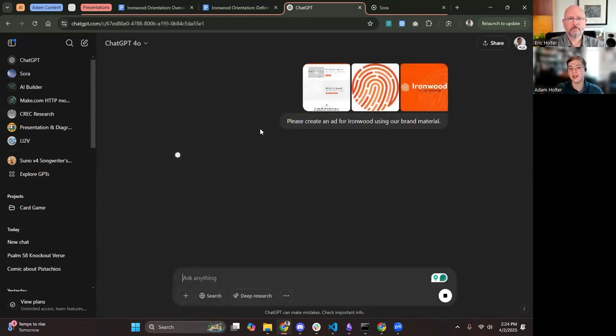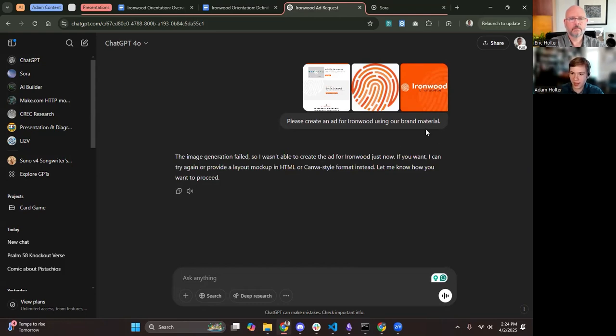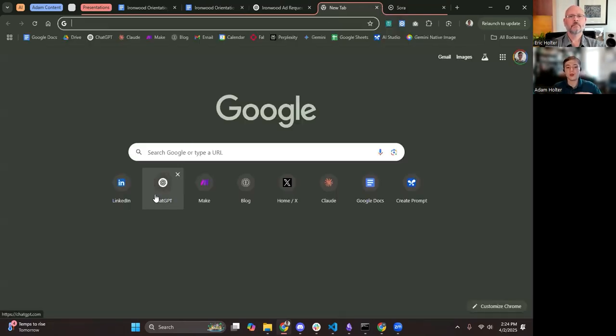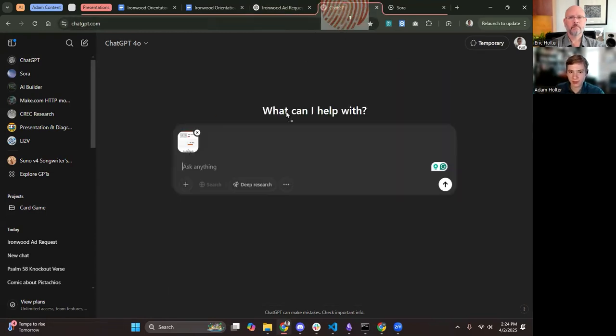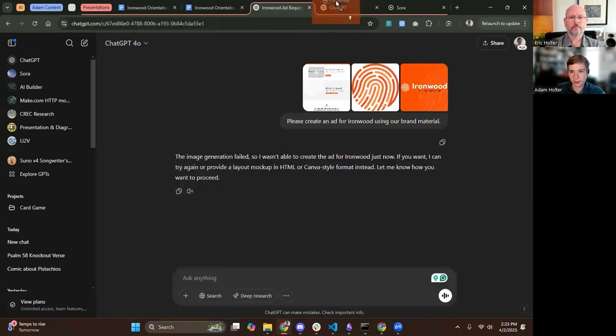And since it's native image generation, that means it sort of has direct control over the output. Before, what would happen is it would write a prompt for another image generation model and then give it over to that. And a lot gets lost in translation there. So you're not going to be able to get consistent characters, consistent elements, or things like that.